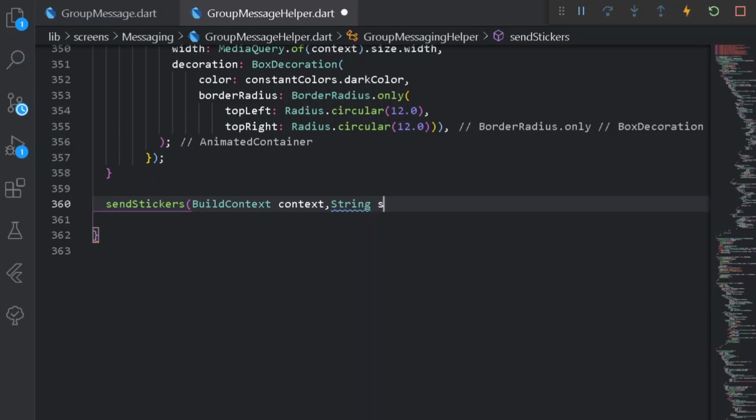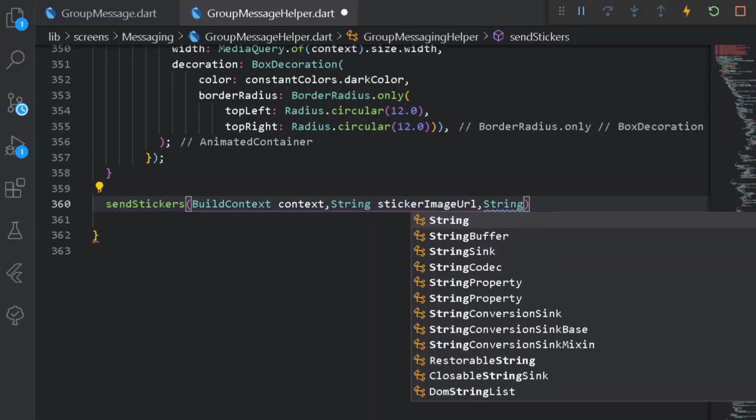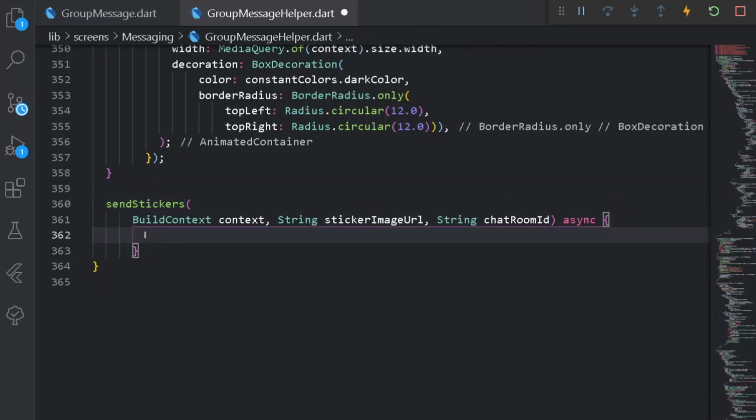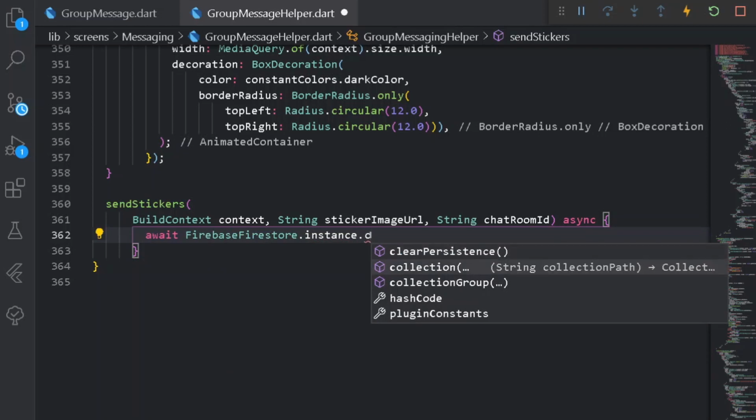So here I can simply have a new sticker image URL thing of a string, and after that I shall also be requiring the ID of the chat room. For that I can simply say string chatRoomID. Easy. Let's make it asynchronous. And here under our following sendSticker method I can simply await for Firebase Firestore.instance.collection.